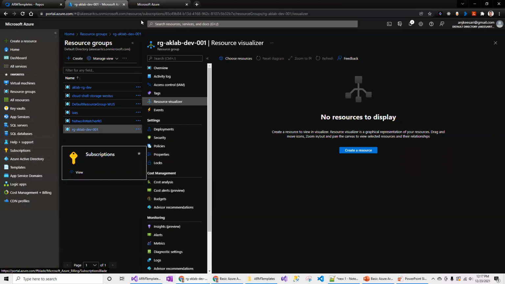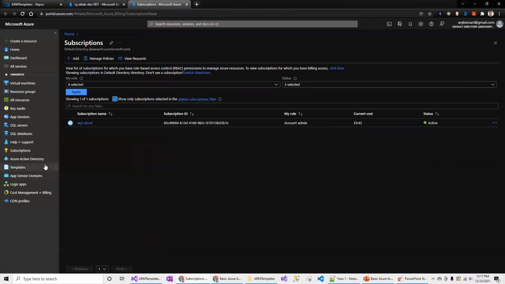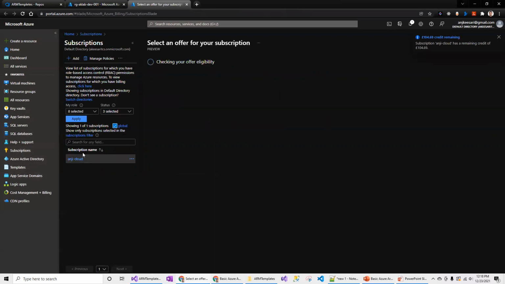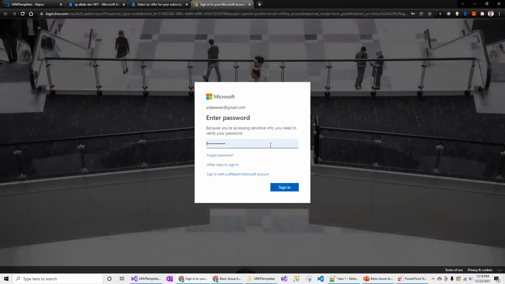In order to create the subscription, you can click on the subscriptions. I always right click and open in a new tab so that I can close this and come back, instead of overriding the current page. So if you want to create a new subscription, let's say I already have the development subscription, I would like to create another subscription for the test and another subscription for the production. So very first time when you're actually creating the account, by default, you will be getting a subscription. So you can make sure that you give the proper name. So for example, I cannot use the free trial since I already used it. So pay as you go subscription, if you want to buy it for the test, this is how you are going to buy.